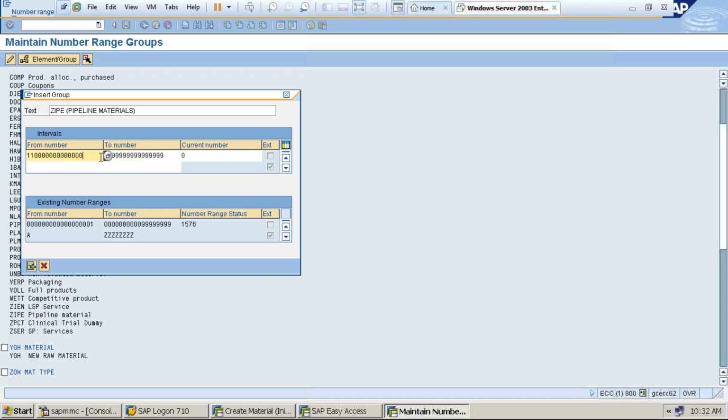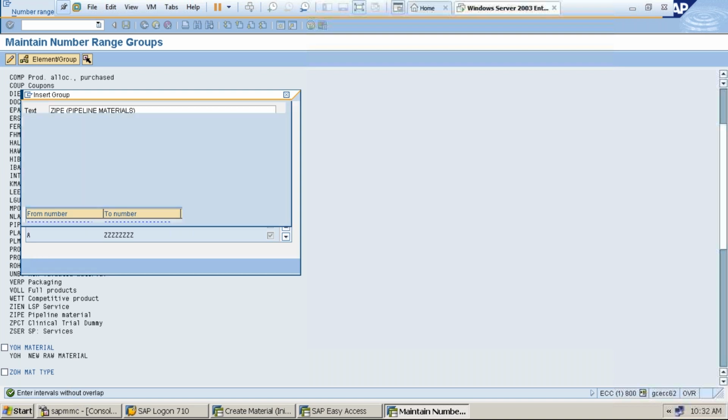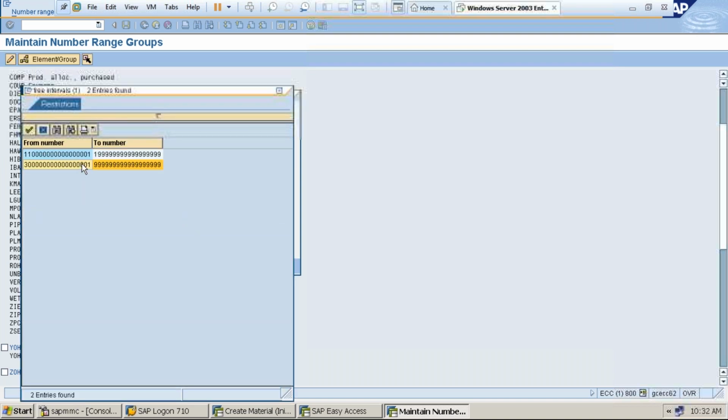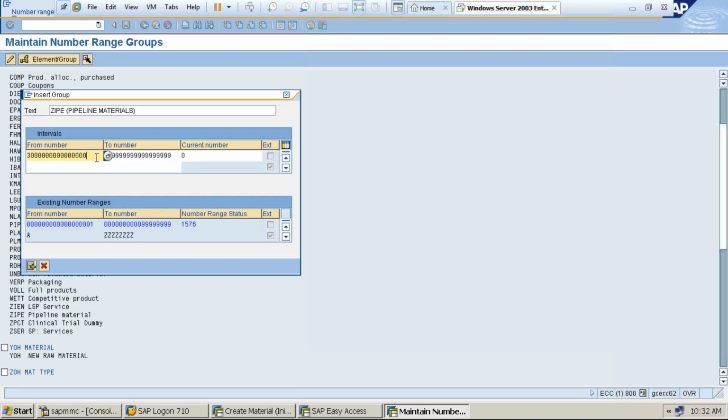Click enter. Enter intervals without overlap. Somewhere it is overlapping, so again take any number. Let's say I'm taking this number.